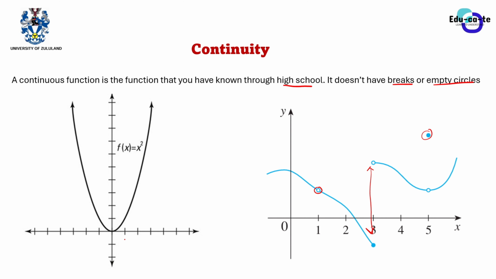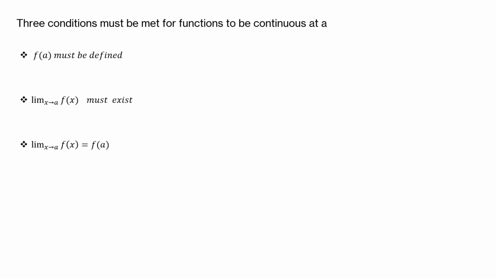Let's say, for example, is the function f of x given by x squared continuous at x equals 2? At x equals 2, if you plot the function, you can just see that it continues. It's just a smooth line. There are no open circles. So this is easy to see from a graph because you can see by its solidity that this is a continuous function. But there are three conditions that must be met for a function to be continuous at a particular value a.